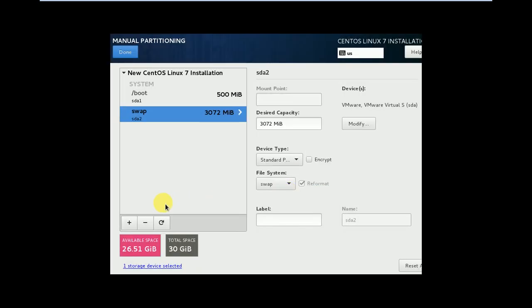So here 26.51 GB left. Initially I create only 3 partitions when I choose to install any operating system in Linux. That is the /boot partition we created here, and next is the swap partition, and the next one is the root partition. For that, how much do we have left? 26 GB, right? 26 into 1024, that is 26,624 MB.